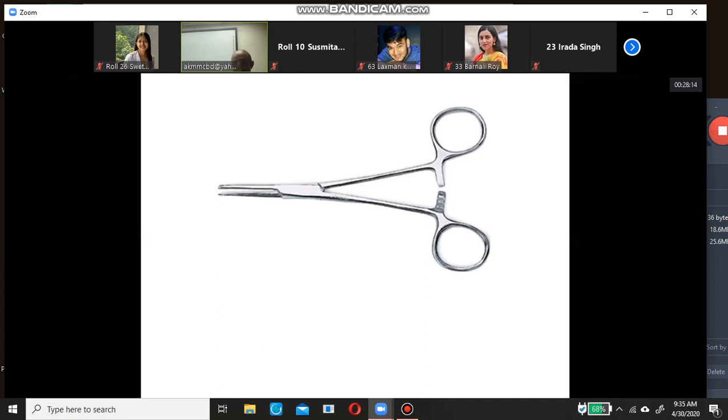Okay, this is a straight hemostatic forceps. Hemostatic forceps may be of various sizes, small, medium, large. Nowadays, it is mentioned according to the length of the instrument, such as 7 centimeter long, 9 centimeter long, 10 centimeter long, centimeter, not millimeter.